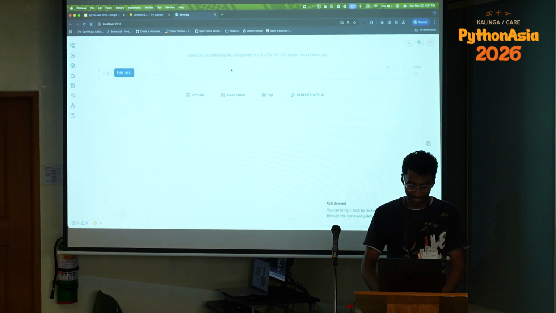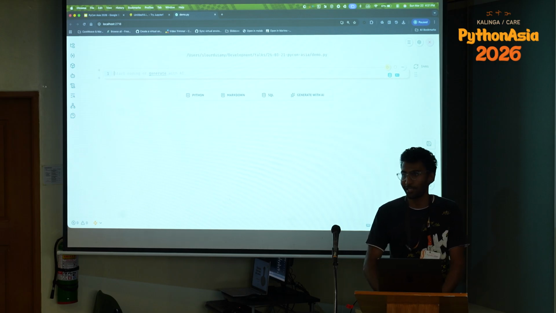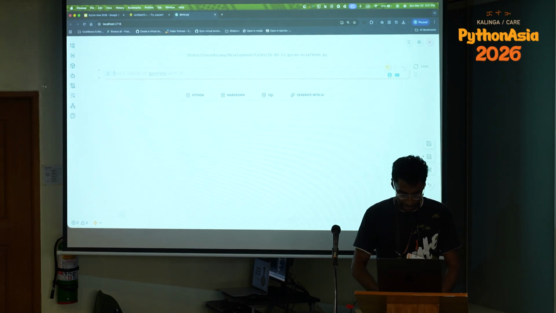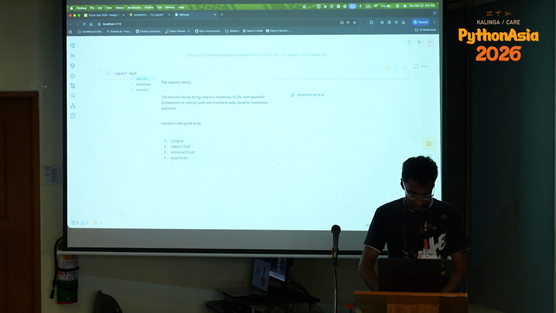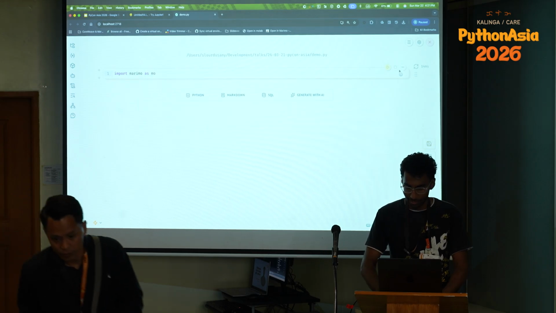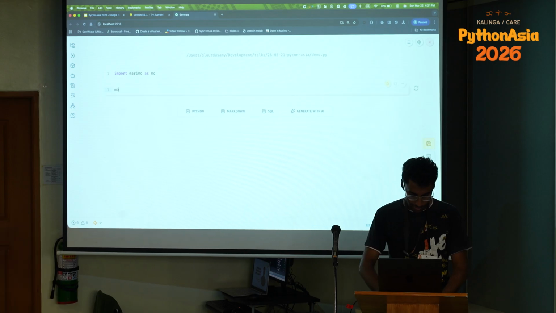So you might tell me, okay, it's cool, that's called reactivity, but what does it matter, right? How does it impact my work? I'm going to import some UI elements for now. I'm going to do this through import marimo as mo, and then go in here. I'm going to create a slider. Let's call it